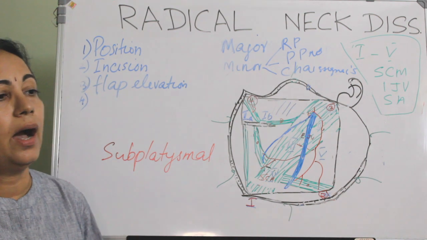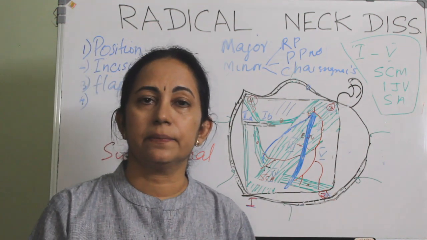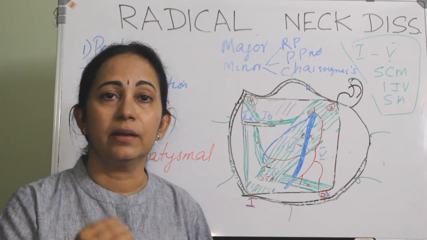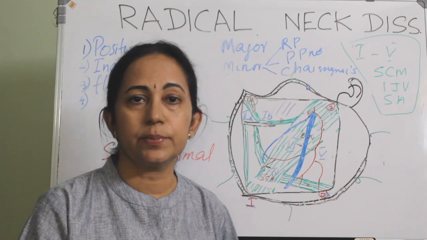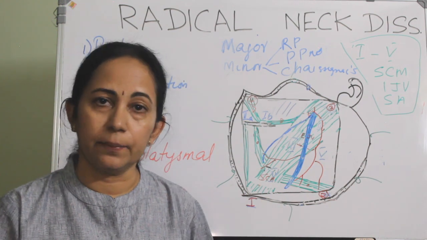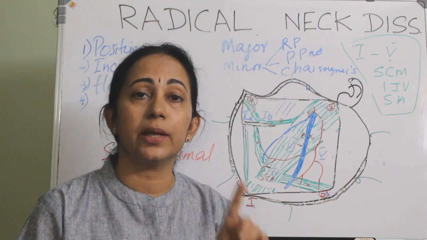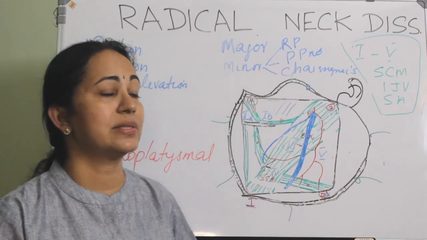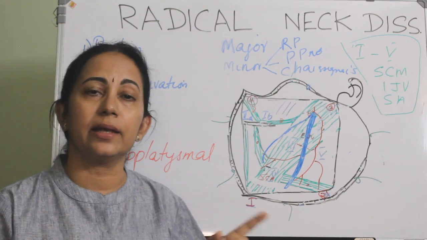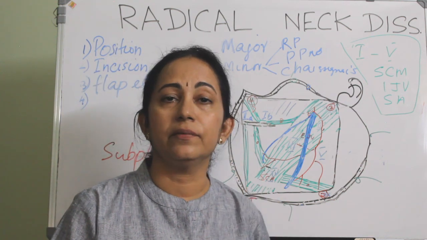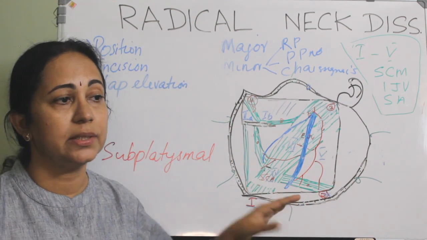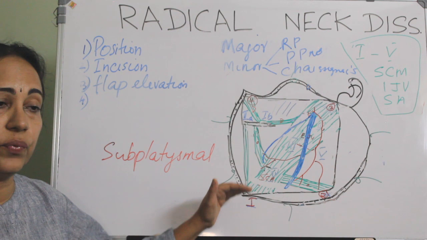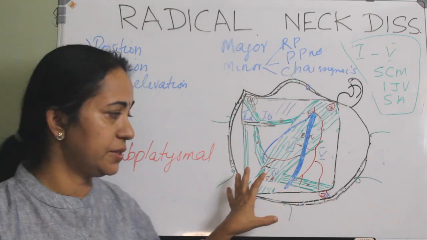Okay. Then another, by convention, it is believed that it is better to first tie the major vein which is supplying the primary tumor. That is because when we are manipulating the primary tumor, there is a chance of microemboli releasing into the general circulation and causing systemic metastasis. If we are tying the vein which is draining the primary tumor, this chance is removed. So it is always better to go first tying the internal jugular vein, that is from the first corner